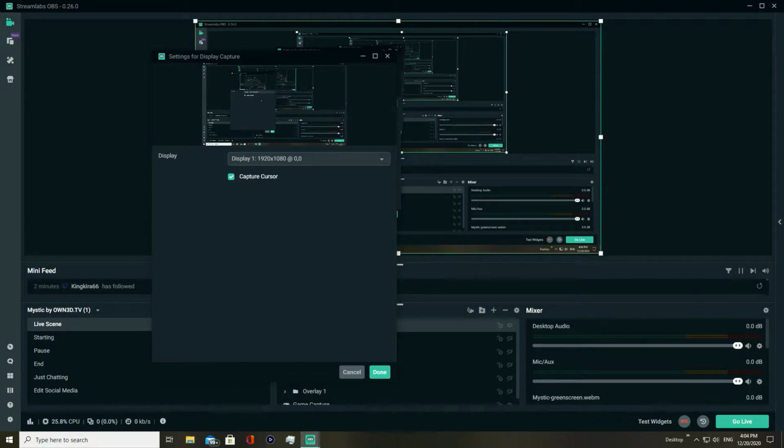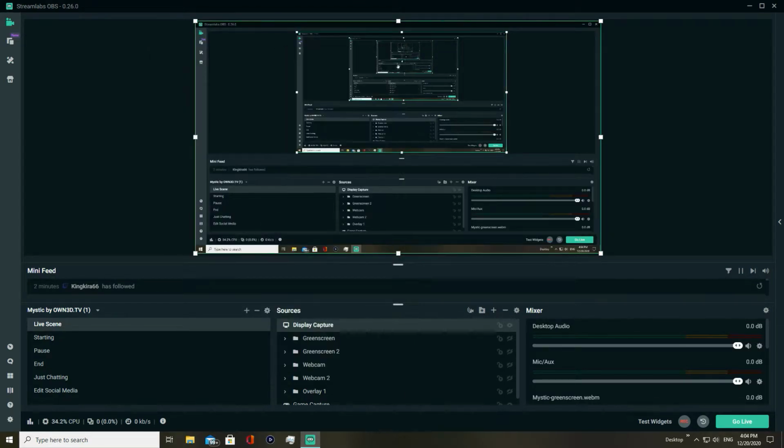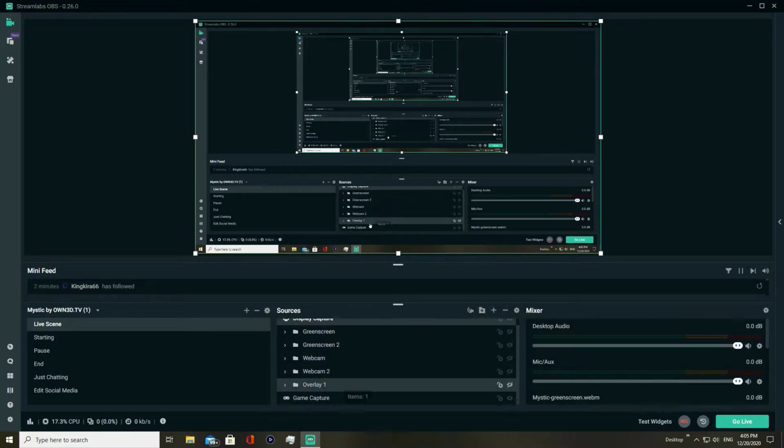And you can choose for it to capture the cursor or not. As you can see, you now can no longer see my cursor on the screen, and now it is back. Now this screen is going to look a little funny because of course this is right in front of you, and it is mirroring everything in existence all the way into the netherworld. Woo! At your fingertips there. So we're going to take this, like I said before, and scroll it all the way down to below everything